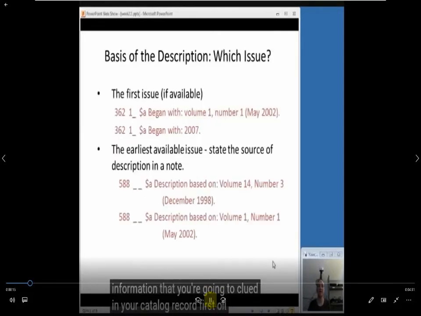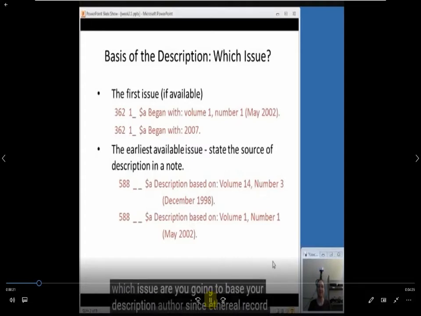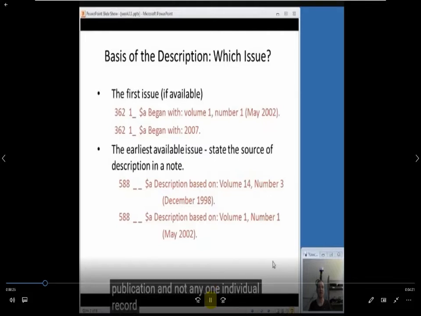First of all, we'll talk about the basis of the description. Which issue are you going to base your description off of? Since a serial record is meant to describe the whole publication and not any one individual record, you don't necessarily treat it as if you're describing one issue in its entirety, but you do have to give indication of what you're using to create this description so that